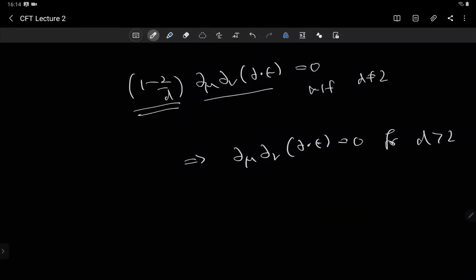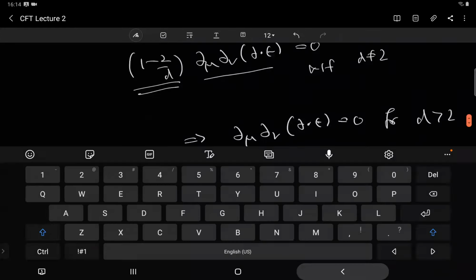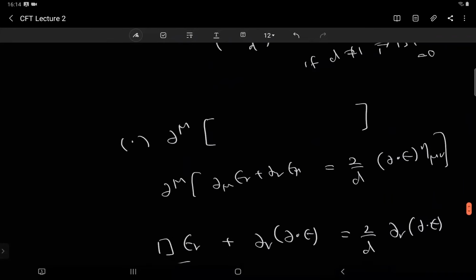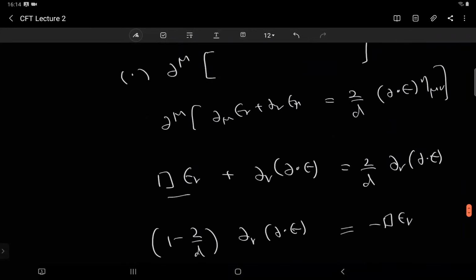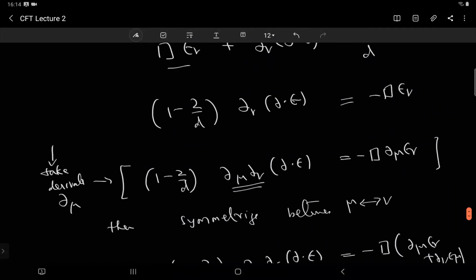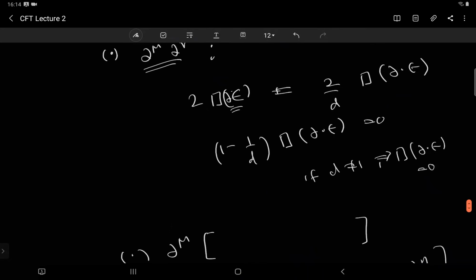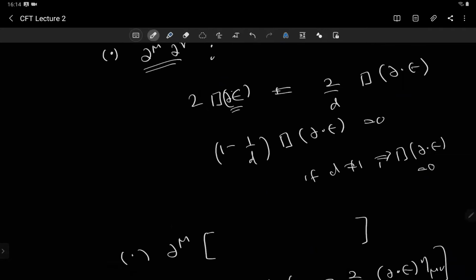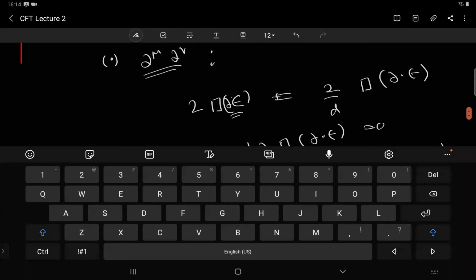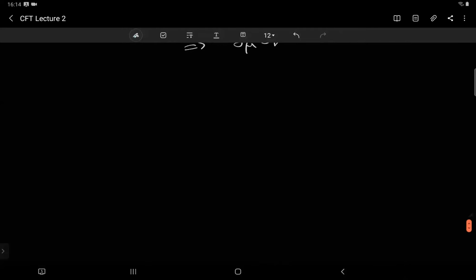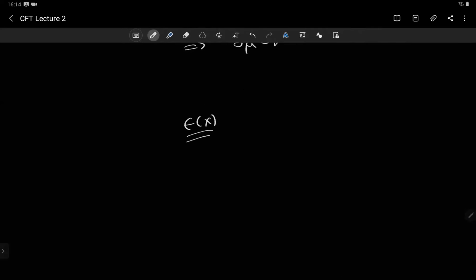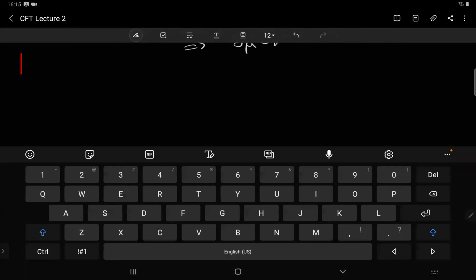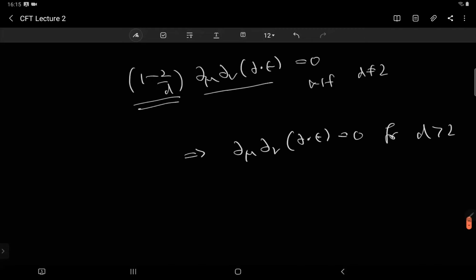What happens in one dimension? In one dimension, even the first step is not correct. Actually, in one dimension we had done it last time. In one dimension, any coordinate transformation is a conformal transformation. Even this is not true; this itself is identically 0. So in one dimension, there's no point using these equations, but we had done it last time. In one dimension, any epsilon of x, any function of x, is a conformal transformation. The Killing vector equation is trivially satisfied on both sides, so for any epsilon it is true.